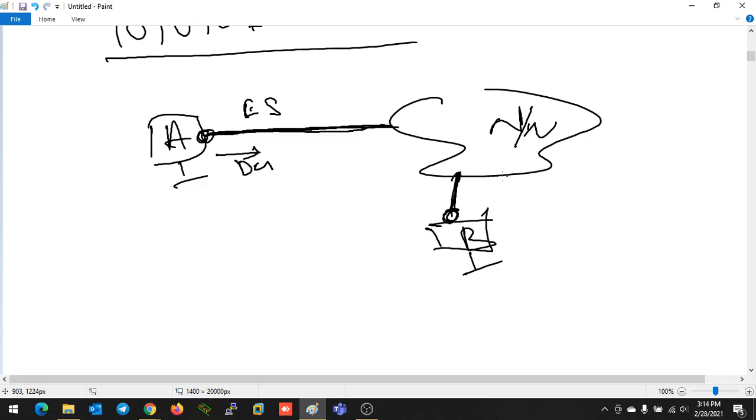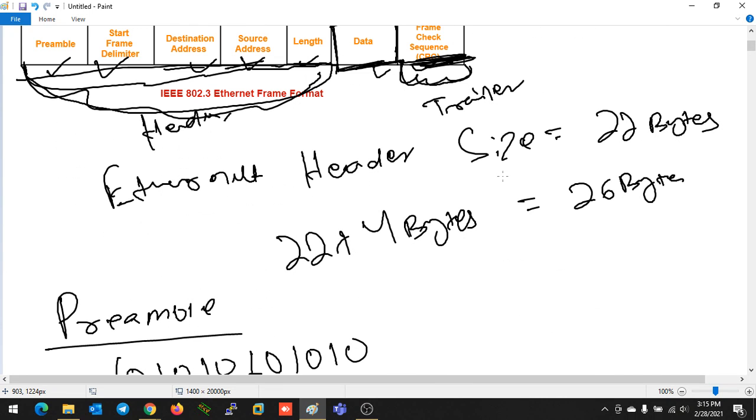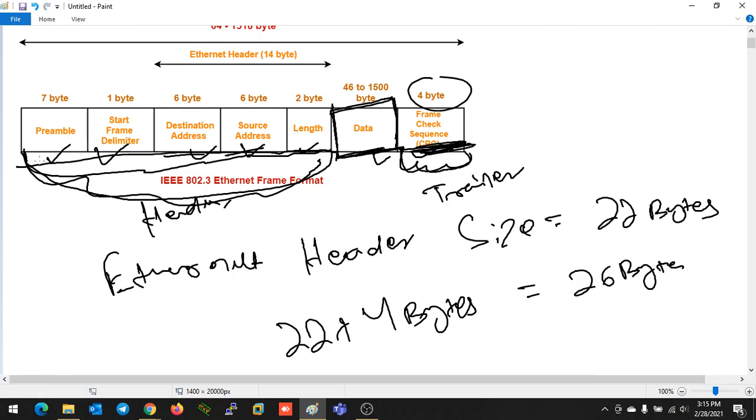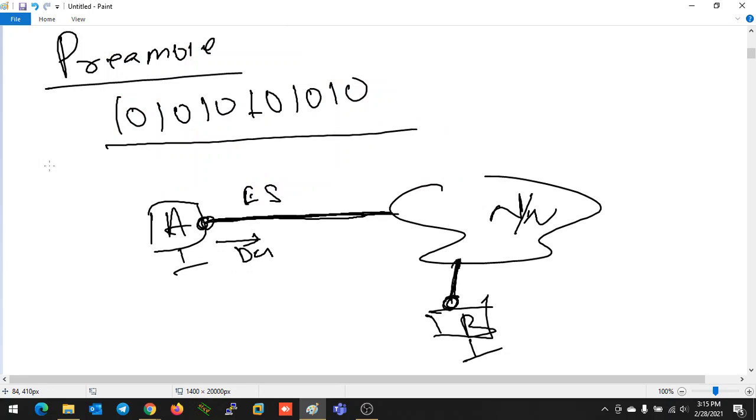So in that case, how can my device understand that this is a data packet and the other things are not data packets, so I have to ignore them? How can my device understand? For that reason, to make my device understand, a preamble was defined. In the Ethernet header, they defined one field known as the preamble field. What will the preamble do?